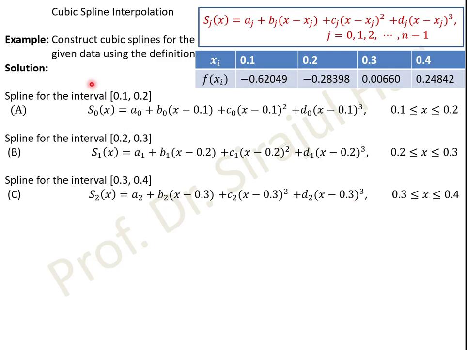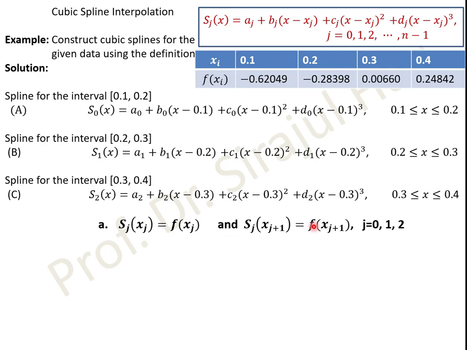Now if you look at this data, in every spline there are 4 constants to be determined. So overall there are 12 constants to be determined: A0, B0, C0, D0, A1, B1, C1, D1, A2, B2, C2, D2. These are the unknowns to be determined. Since there are 12 unknowns, we need 12 equations to complete this system. And for this purpose, we will apply the basic definition, the conditions which were